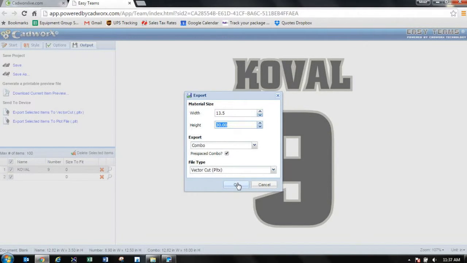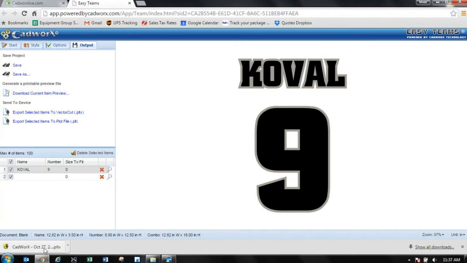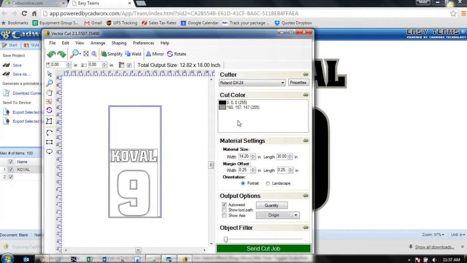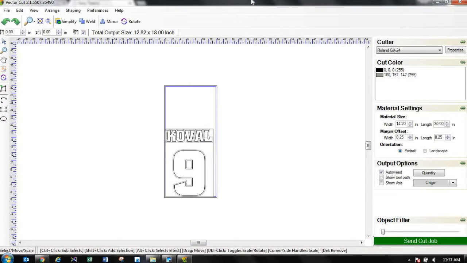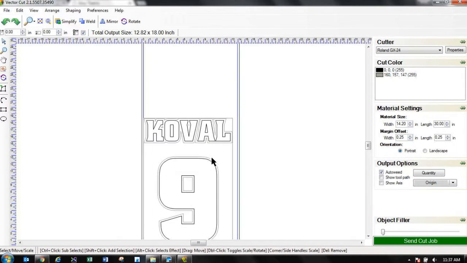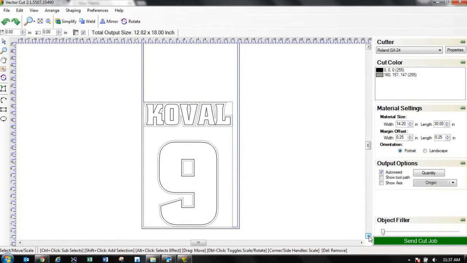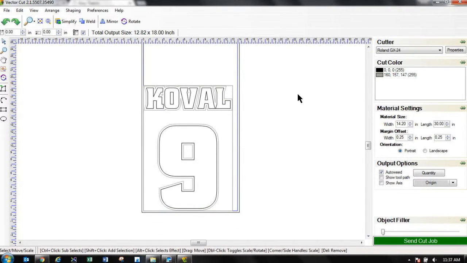Click OK, and then it's going to bring it in and open it up in vector cut, which is where you're going to output all of your designs from. And I'll go back to export a couple of names and numbers so you see how that'll lay it out too. So here we are in our design screen. I'm going to zoom in just so you can see a little easier here. And you'll notice here all the line art, and you'll see the gray outline here, which is our background color for our 2-color name and number. And then we have our foreground color here, and they are separated by